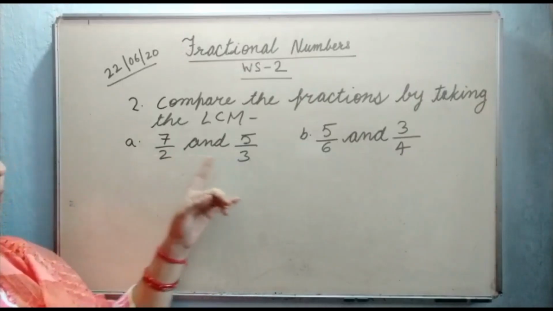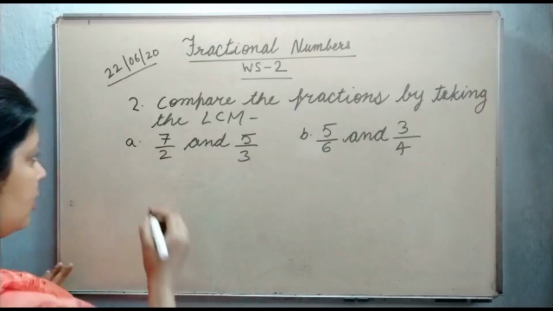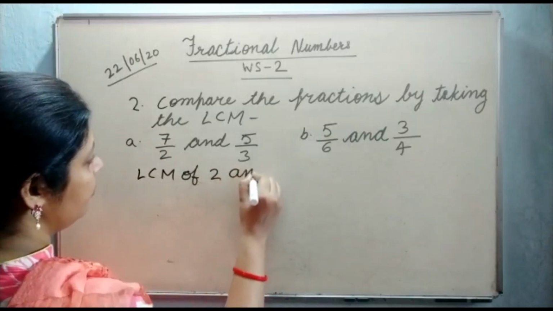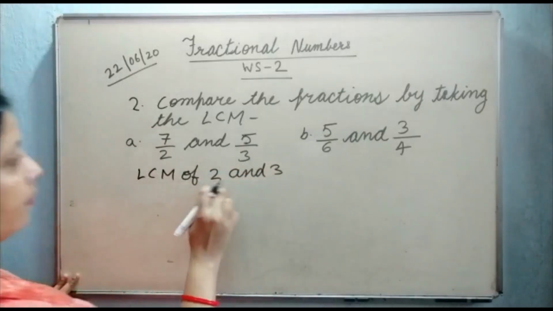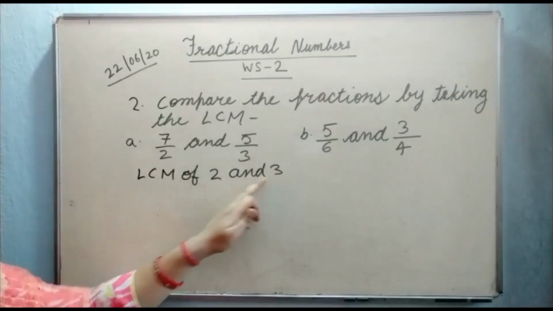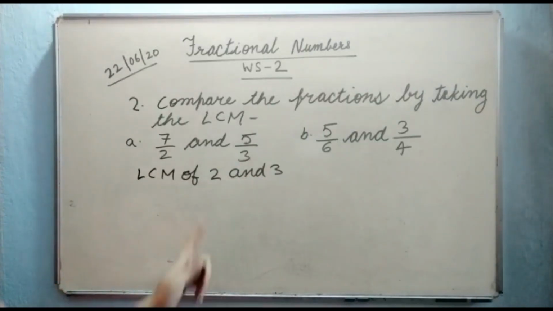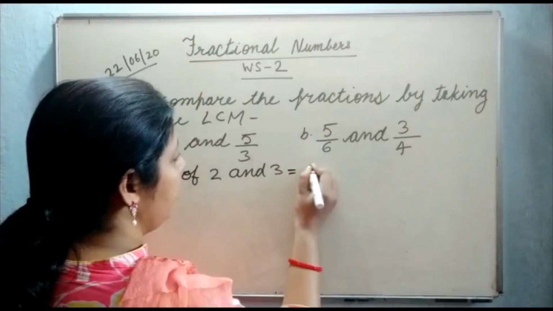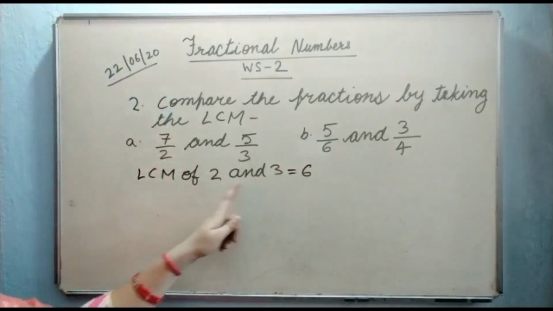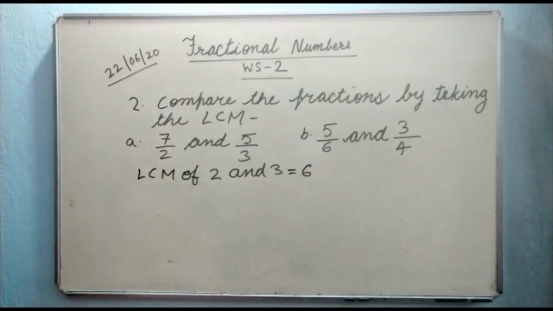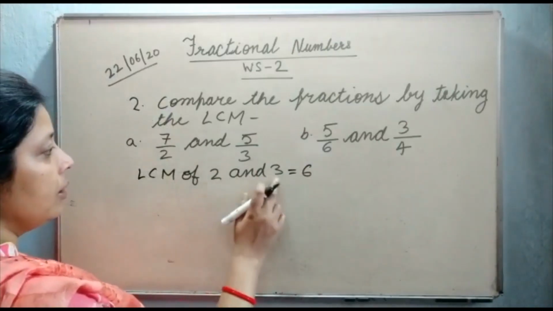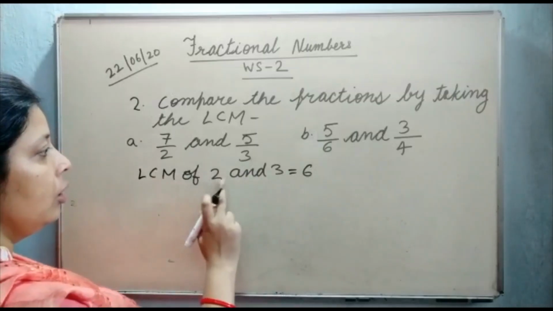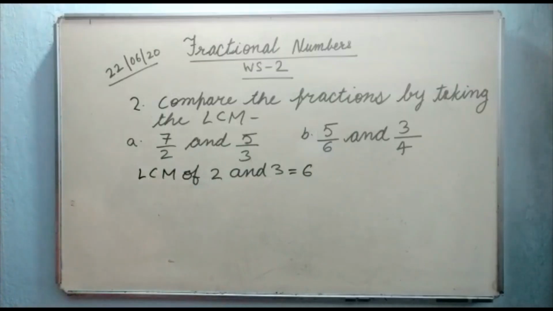What are the denominators in the first example? 2 and 3. So just take out the LCM of 2 and 3. You can see these two are numbers which do not have any common factor, 2 and 3. Their LCM will be 6 by multiplying 2 and 3, because they do not have a common factor and they are prime numbers. So when we are given two prime numbers, we can find the LCM by just multiplying them. 2 3s are 6, the LCM of the two prime numbers.